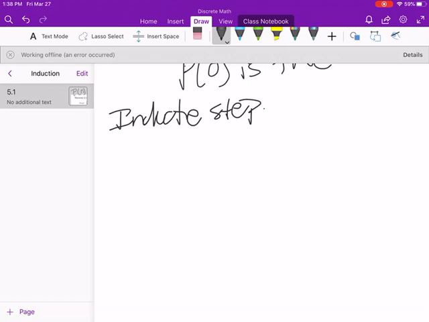Now, as you'll find out, sometimes we may not want the domain to be all of the natural numbers. Maybe it's all numbers greater than 1 or greater than 2. So don't get too hung up on that. It works out just fine as long as we have a smallest number that exists in our set. So I build this foundation,